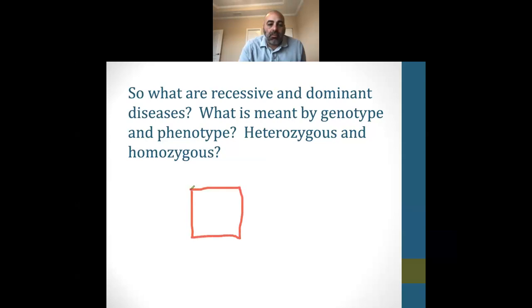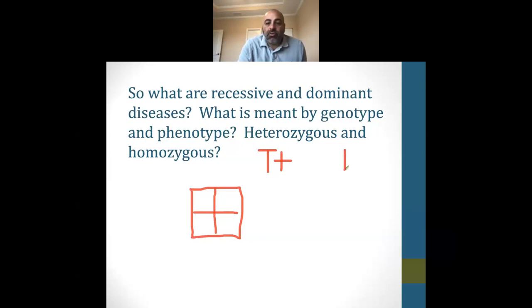So Punnett squares are how you basically compare genetic disease, if you will, or odds of certain things being passed on. Heterozygous means you have one allele that is dominant and one allele that is recessive. They do a capital for dominant and lowercase for recessive. So in this situation, if we're talking about a recessive disease, this person is a carrier.